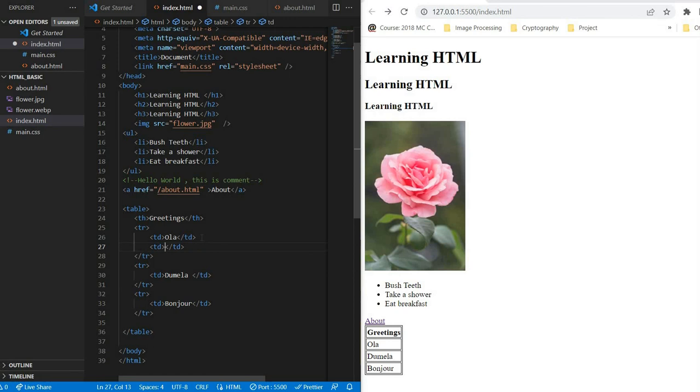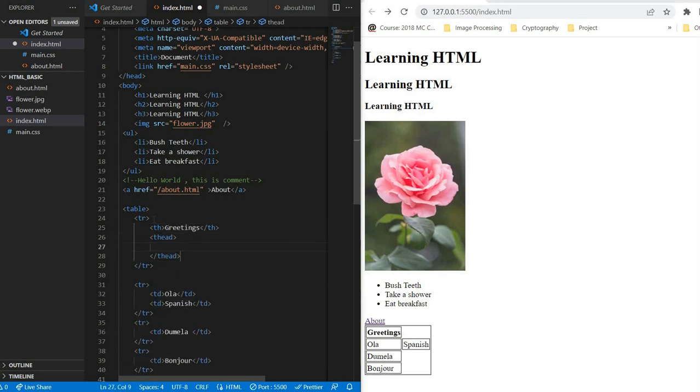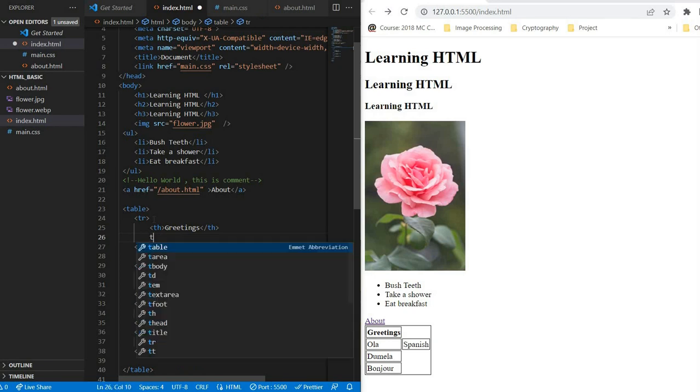So if we say Spanish over here, first I think we need to go to our table headers, and then wrap the table header inside of a tr tag. So you can see how compounded all these elements are that have to deal with the table. So I'm just going to say table header, and I'm going to say greetings, and I'm going to create another table header. Sorry about that. And I'm going to say language,